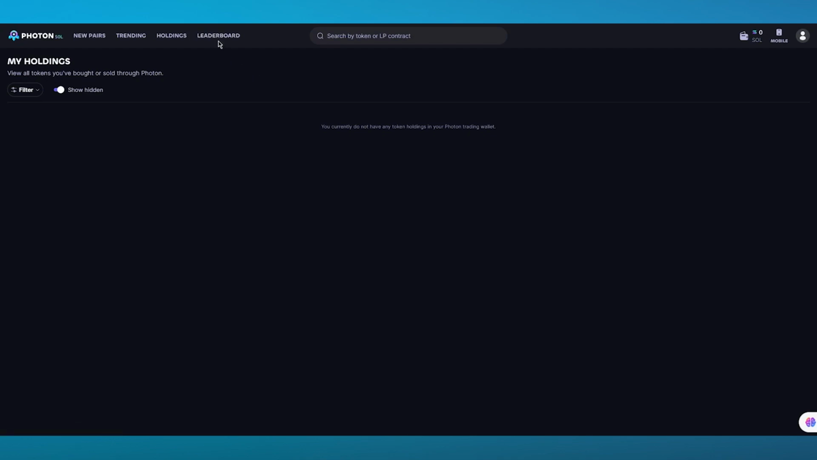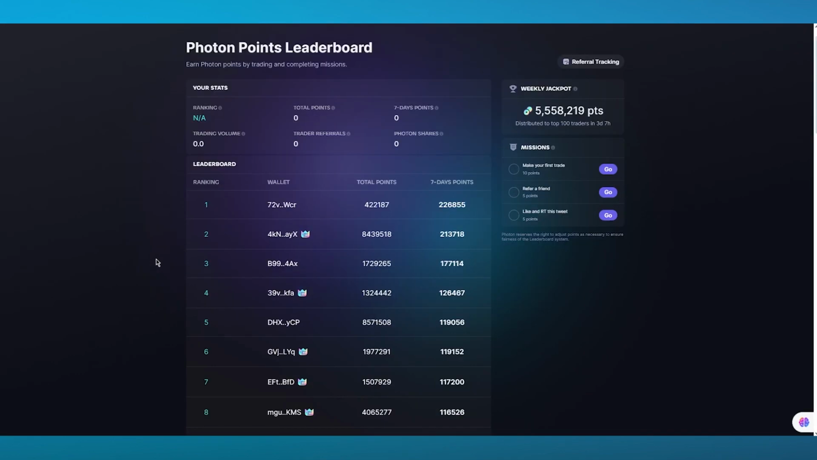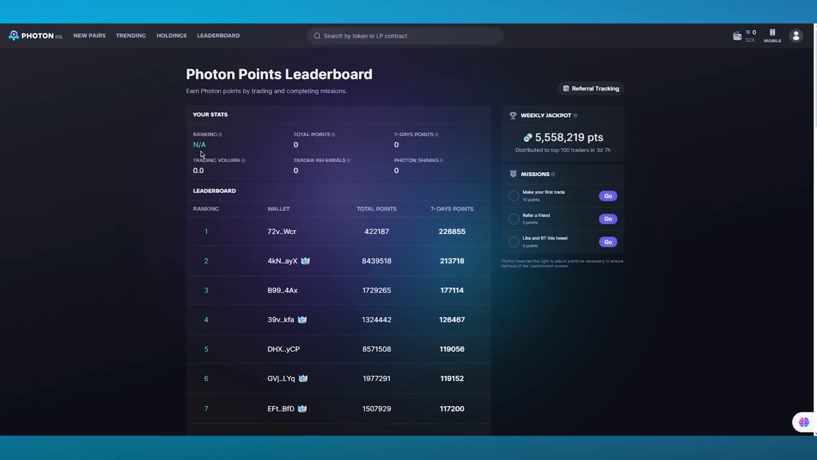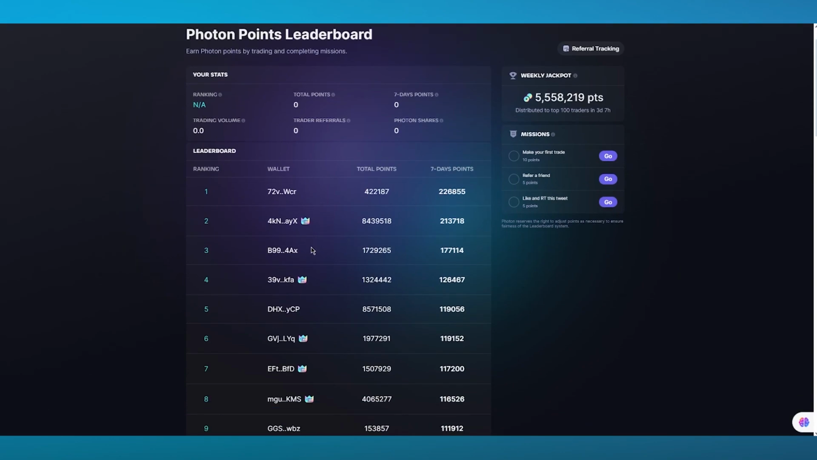Then moving on, you can also go into your leaderboard, and in the leaderboard, you can see the different wallets with the best amount of points. So right now, as you can see, I'm not even in the rankings because I haven't started trading yet, but you can actually see all these people in the leaderboards, and the leaderboard is a pretty fun thing because basically the top 100 traders in this leaderboard are going to get this much Solana points distributed to them,